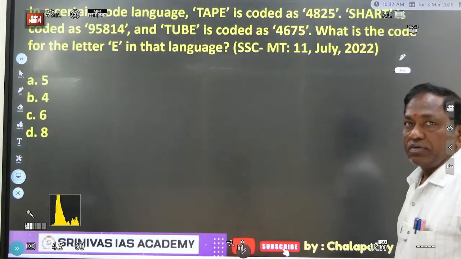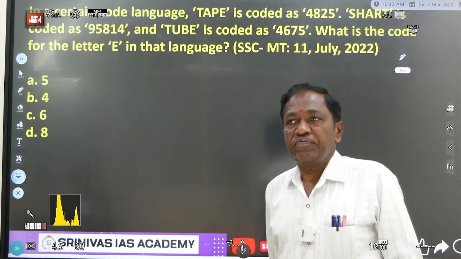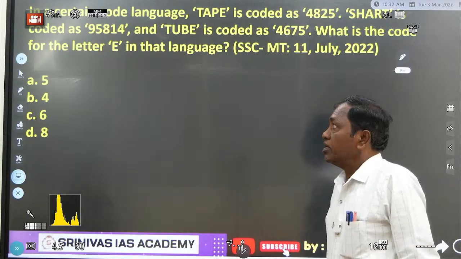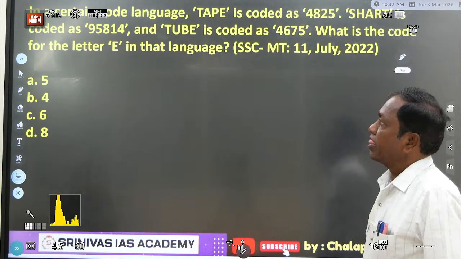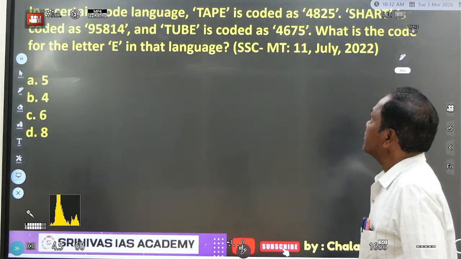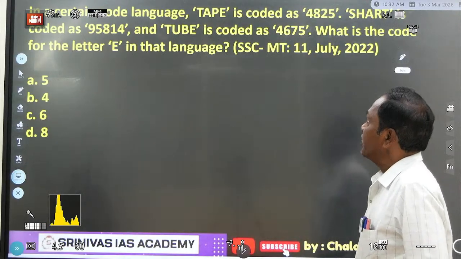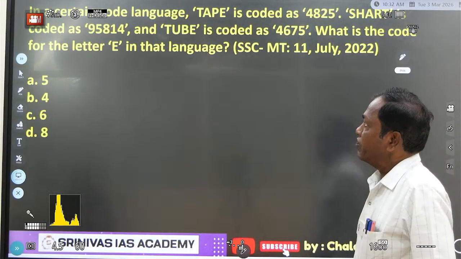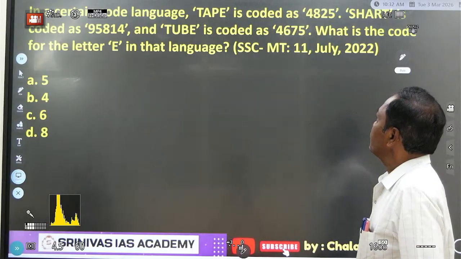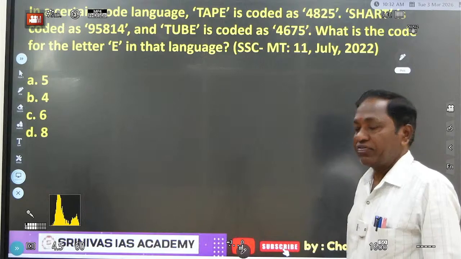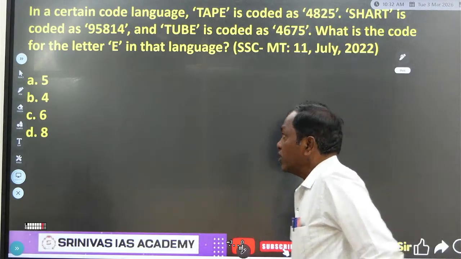Right, we shall start where we stopped yesterday. See the question now on the board. In a certain code language, tape is coded as 4825, short is coded as 95814, and tube is coded as 4675. What is the code for the letter E in that language? Now you can see here: